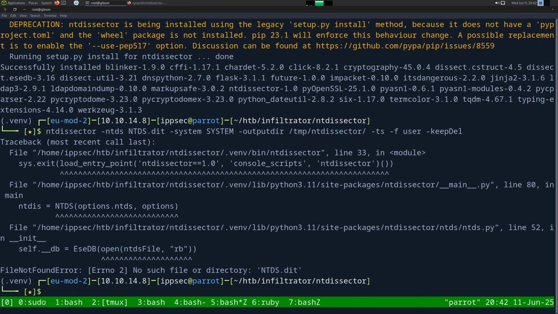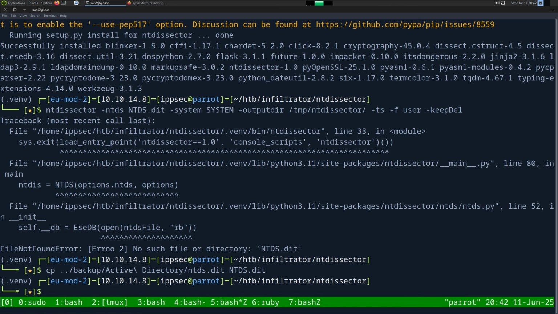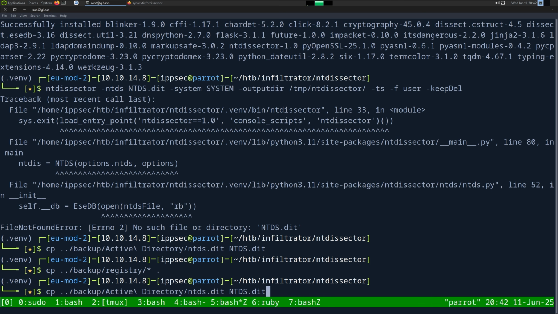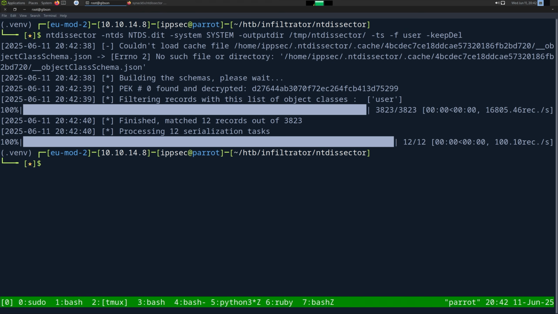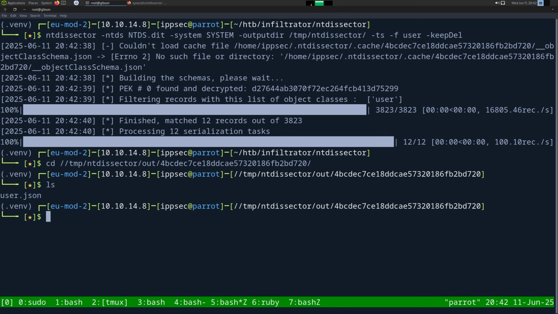And I have to copy the files here. So let's do cp, backup active directory. It wants it in case like that. cp backup registry. Okay. So if I just run it as it says with the user field, and we go into the temp NTDS dissector directory, here we just have one JSON file, right? If we cat this